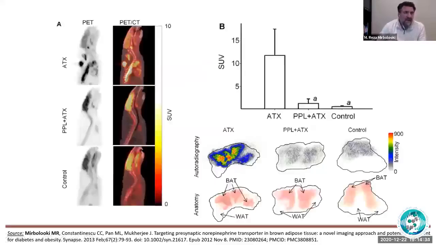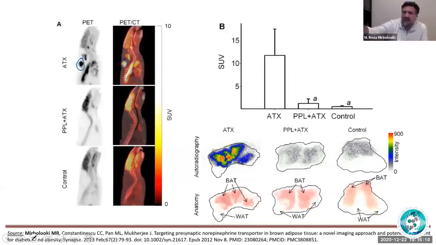First, we did this on the same species, Sprague-Dawley rats, not the same rats. The rats were fasted, and we injected atomoxetine, waited for 30 minutes, and then injected F18-FDG, waited for an hour, and then ran a PET CT scan with the same protocol that I mentioned. And we saw that atomoxetine, here you see just PET, and this is PET and CT merged together, activates